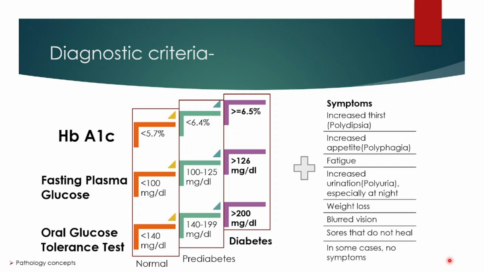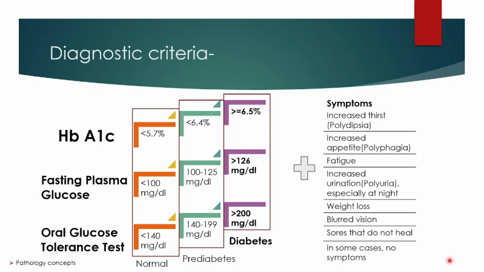Let's learn the diagnostic criteria. Any symptom of diabetes such as increased thirst, increased appetite, increased fatigue, increased urination, weight loss, blurred vision, ulcers that are not healing, and/or HbA1c measure more than or equal to 6.5%, or fasting blood glucose measures more than 126 mg per dl, or oral glucose tolerance test gives a result of more than 200 mg per dl, then this condition is diagnosed